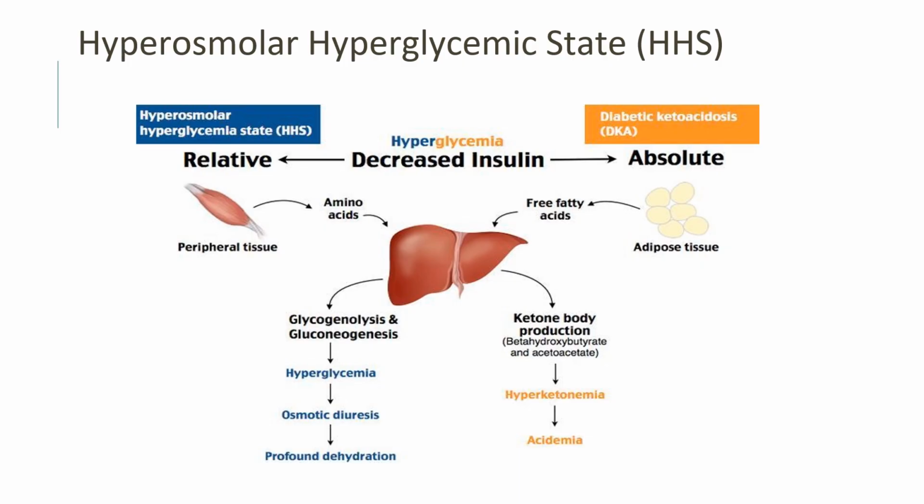Now, with the differences in the type 2 diabetic, they tend to still make a little bit of insulin. And just that small amount that they're still able to produce really helps to not put the person in DKA, which is utilizing the adipose tissue for energy. Instead, you have this breakdown of peripheral tissue that leads to an increase in amino acids that starts within the liver. You can see the process here with the gluconeogenesis,